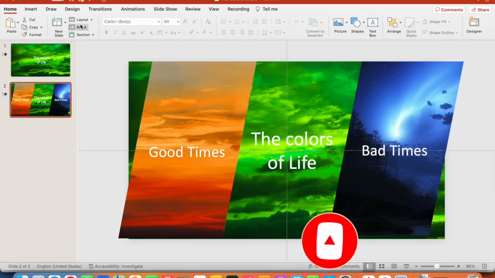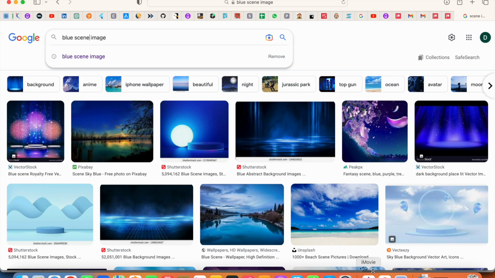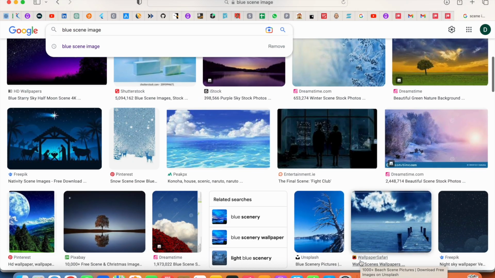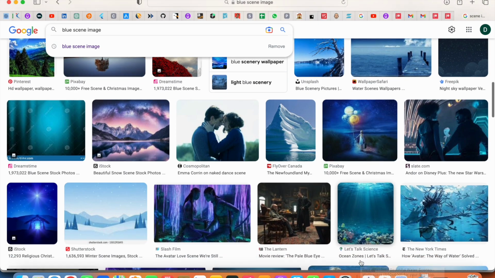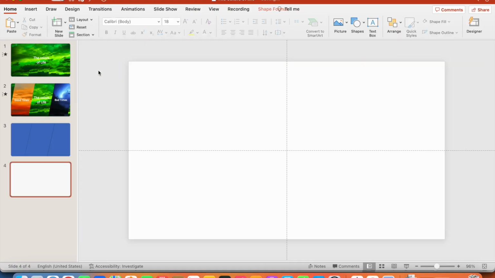So I will just take a new slide. Images we can actually get from Google. Just search on Google, and in the images you will find a lot of very good blue images. From here you can take a blank slide. On this, first go for the